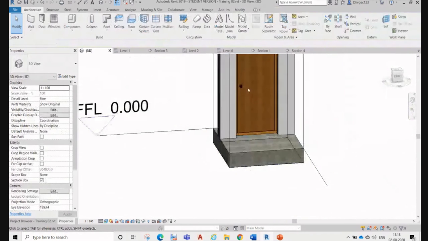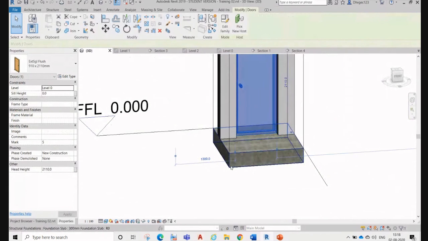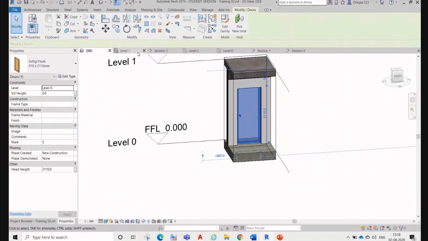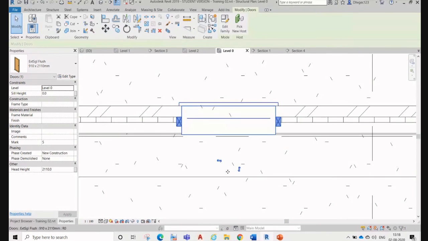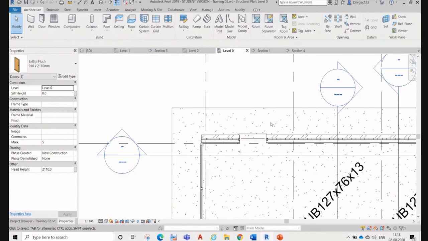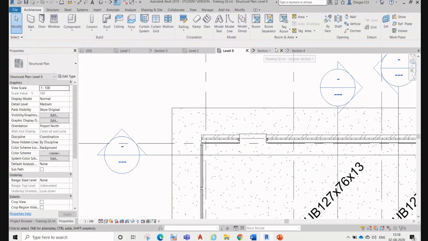If you want to change that internal external system, then you can just click this one and then you can flip it. Even the door opening side you can flip with this one. Okay, so this is it for door opening.